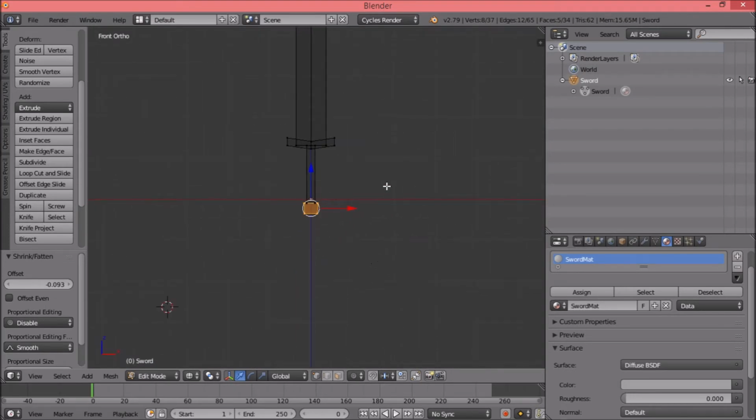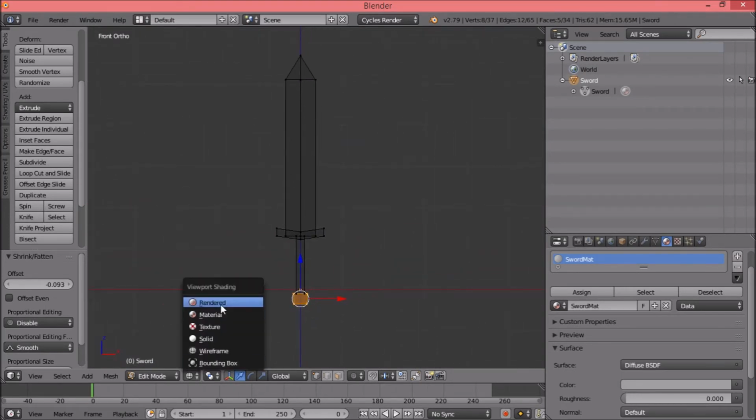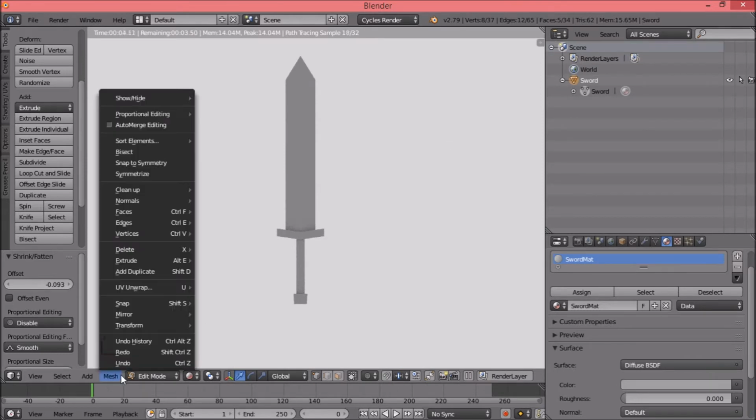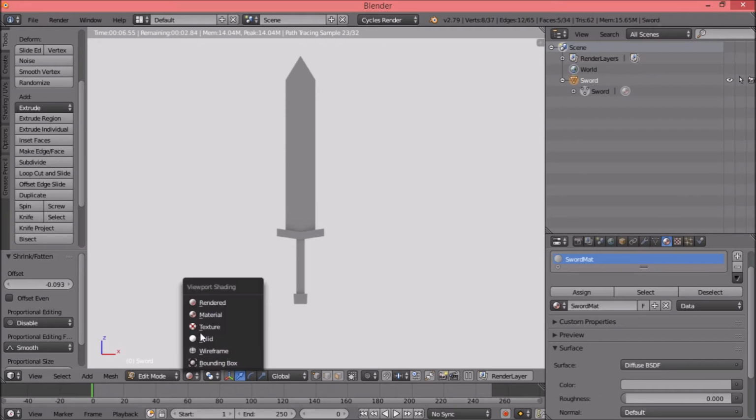So this looks like this. Looks good, right? And go solid view,